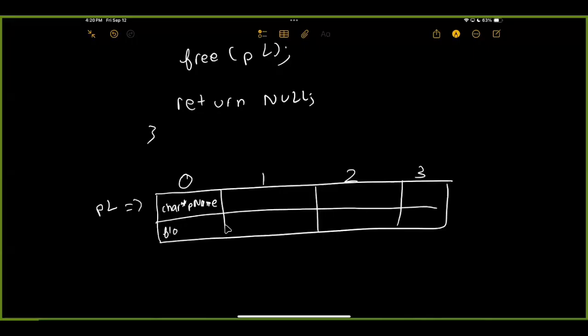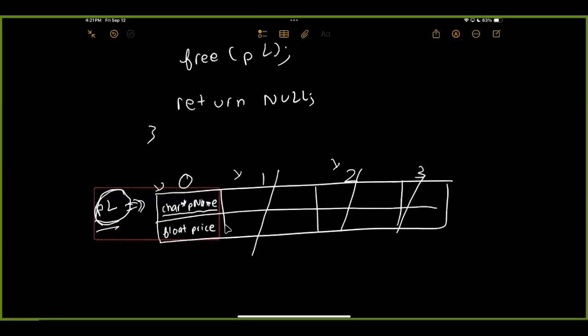And then we have a float price. So this right here is dynamic memory itself, right? When you free memory, you just call the free function. And you might think, hey, I'm just gonna free this memory here because this pointer is essentially just pointing to a dynamic array of type present, right? So if I free this, it would destroy this whole memory, but this character p name will still exist somewhere in memory,